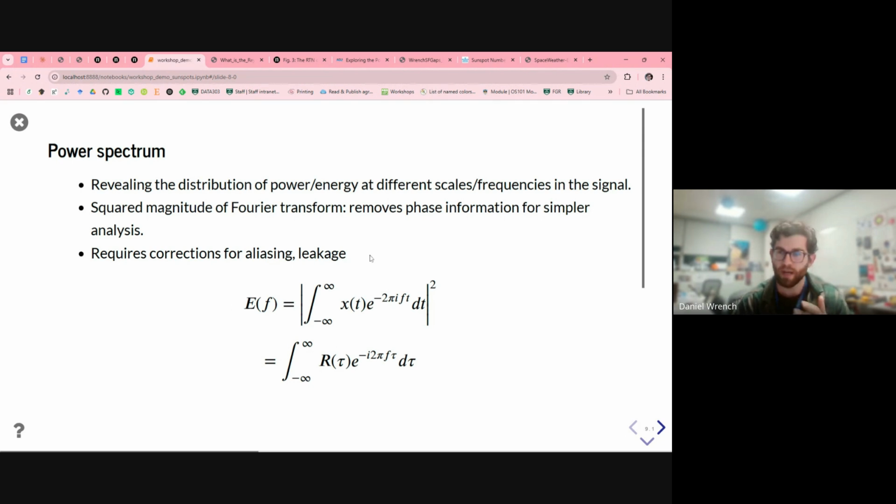However, as part of this changing domains from time to frequency, there are a lot of issues that you need to deal with, which typically would be part of your standard Python spectral analysis functions. But these are things like aliasing. If you're not sampling at sufficiently high frequency, you'll get aliasing at lower frequencies when you can't sample the high frequencies. And there are problems of spectral leakage. You might need to do things like pre-whitening or post-darkening of the signal.